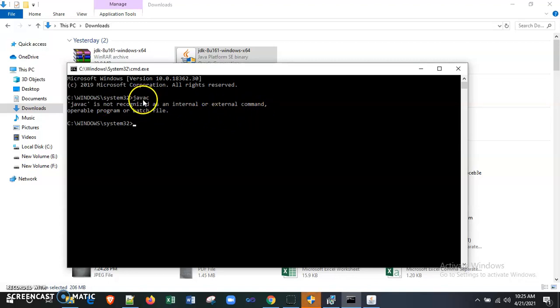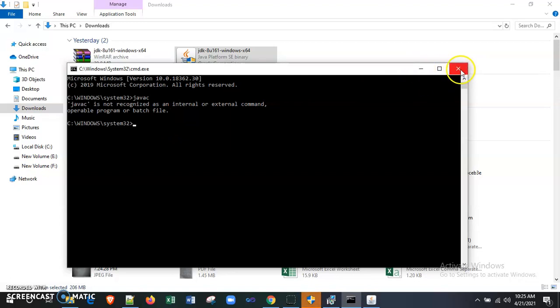So to run javac, that is the Java compiler, when we want to compile our program, we use this command javac. If we want to use this command, we need to set the environment variable.